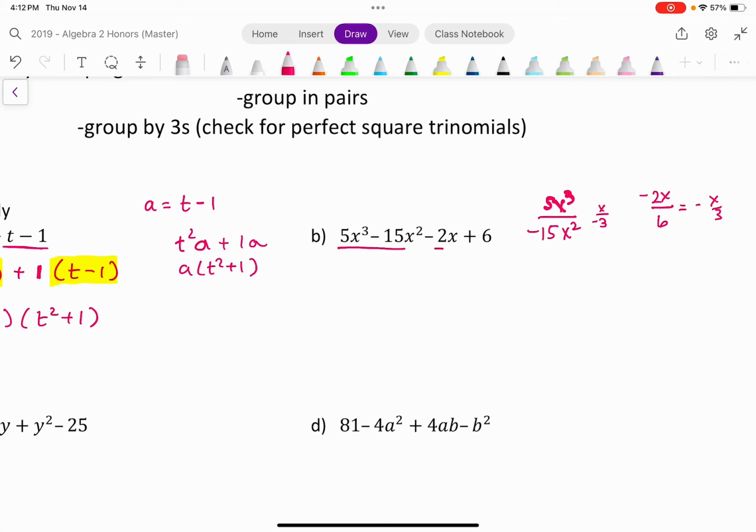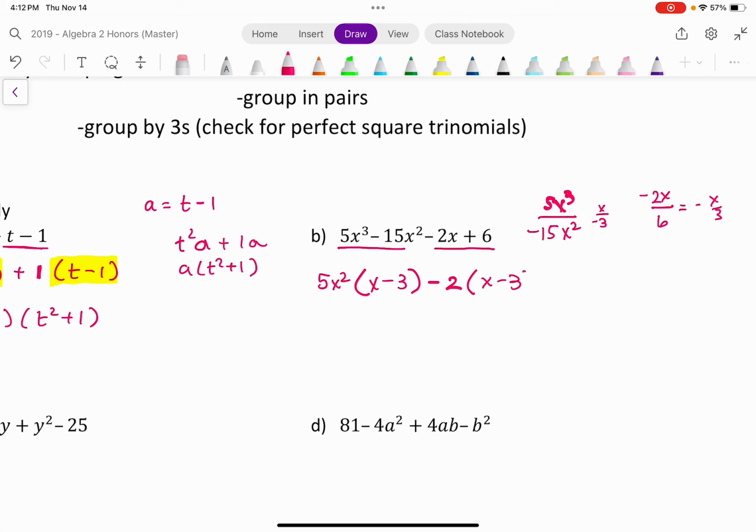I'm going to group the first 2. And here it really matters. If you put parentheses in here like this, you've now changed the sign there. That's not good. So you're better off just underlining and then asking yourself, what can I factor out of the first 2? A 5x squared. That gives me an x minus 3. The second 2, look, the leading coefficient of that pair is negative, and it's in one variable. That's why I'm going to factor out the negative 2, not just the 2. And then we get